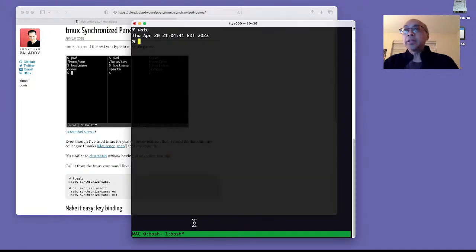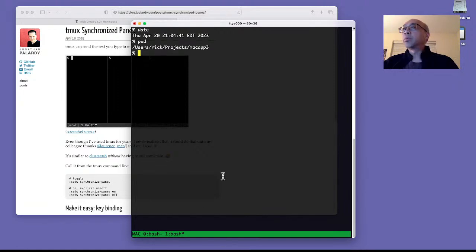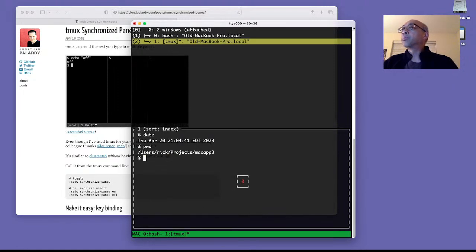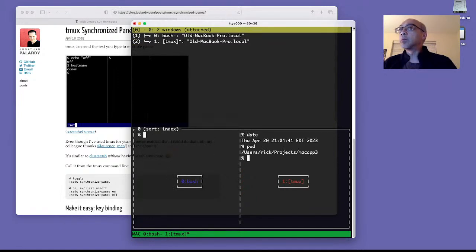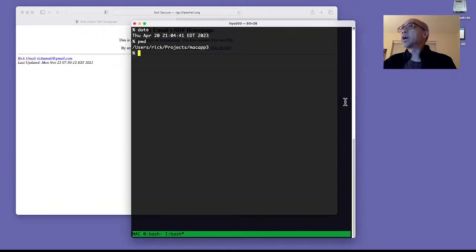So recall that with synchronized panes, you can send your keystroke to all the panes that you have open in your window. So remember, with Control B W, you have here a list of windows which you can scroll up and down, and you can even do a simultaneous view. But this is just a window. And to prevent some distraction, I'm going to go to this quieter screen. But